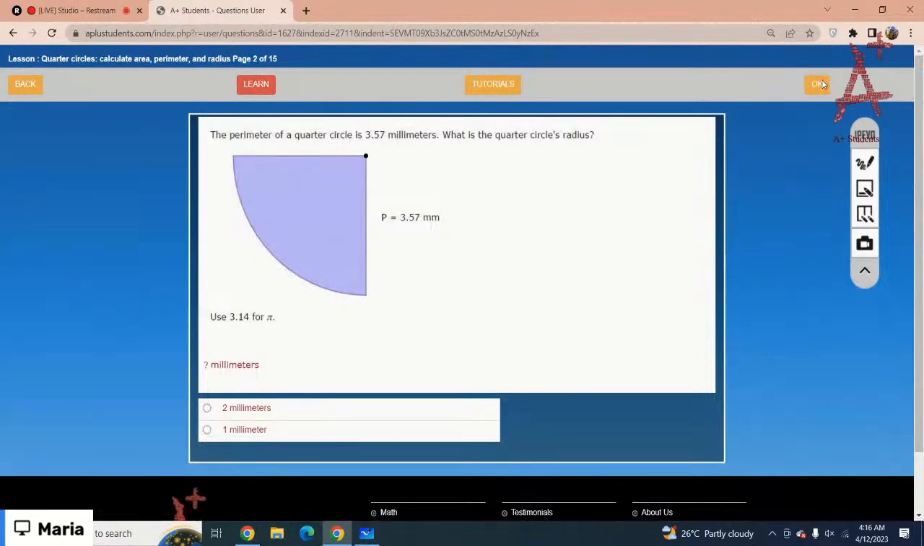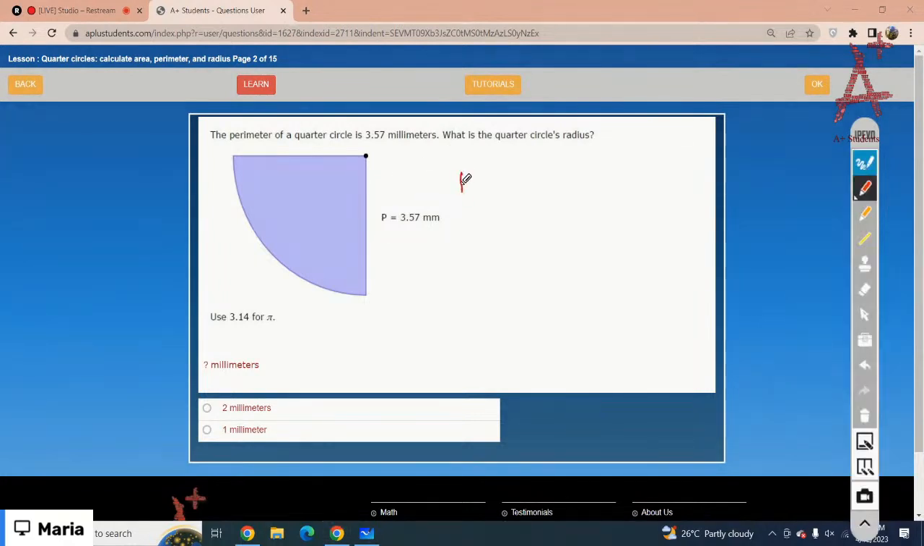The perimeter of the quarter circle is 3.57 millimeters. What is the quarter circle radius? You are given the perimeter, and you have to calculate the radius. We know that the formula to calculate the perimeter is P equals